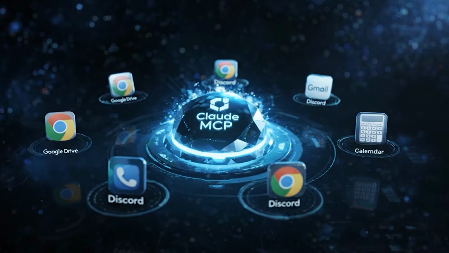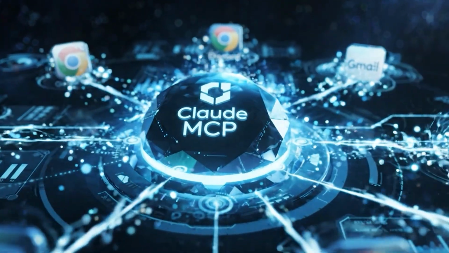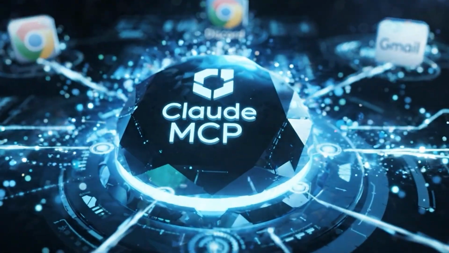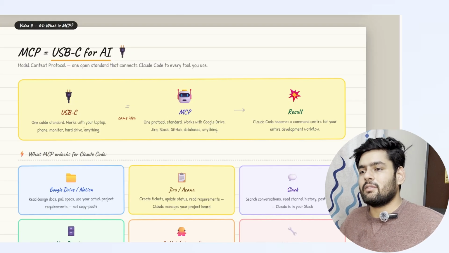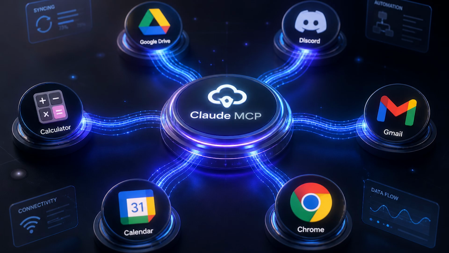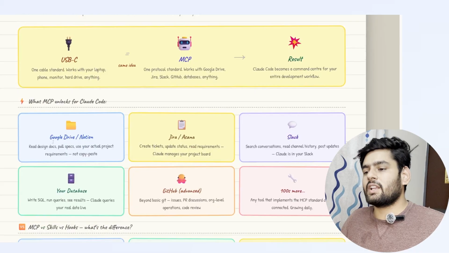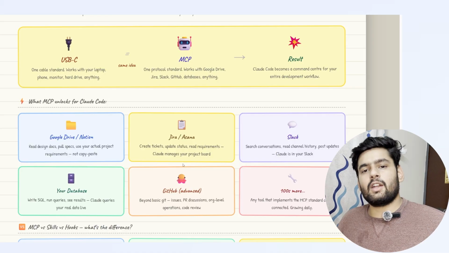In simple words, we use MCP to connect with all the other tools we use every day. Yes, it is like a USB-C cable. By using the same USB cable, you can charge any phone in the entire world, and it's the same case with MCP. By using MCP, you can connect any tool with any AI agent in this world. Yes, you can connect with Google Drive or Notion, Jira, Slack, GitHub, your database, and all other tools you